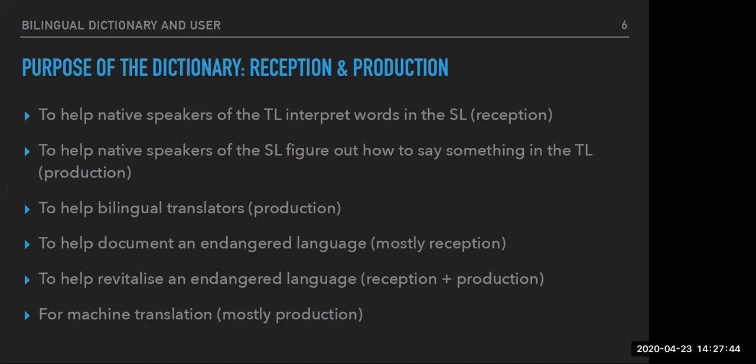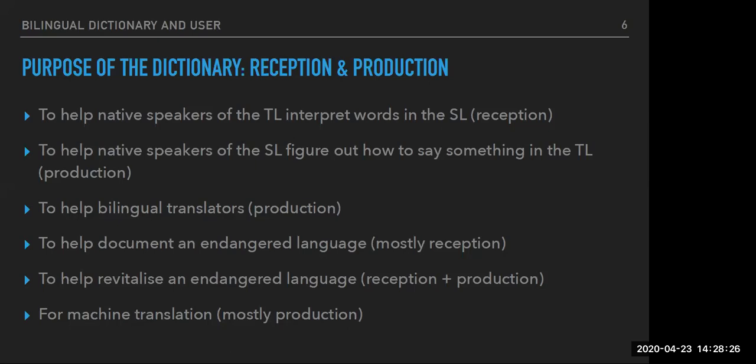Now, another kind of dictionary is a translation dictionary. Not every dictionary is a translation dictionary. Some dictionaries are specifically meant for translators, who are a specific kind of user, so that would have certain assumptions. It would assume that this person is a native speaker of one language and fairly competent in the other language. So you would have a translation dictionary, which is again a production dictionary, because you want to help them produce text in the target language.